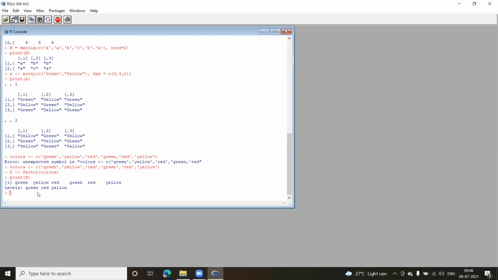But the levels, there are only three, because there are only three unique values here: green, red, and yellow. Okay. So this is the major difference between your other types. In other types, we do not have this level type. We can have duplicate values as well. While storing, it is going to store the duplicate values, but it is also going to give me the unique values as labels. Okay, so as labels, these are my labels here, which is known as levels. So three different levels, you can say.